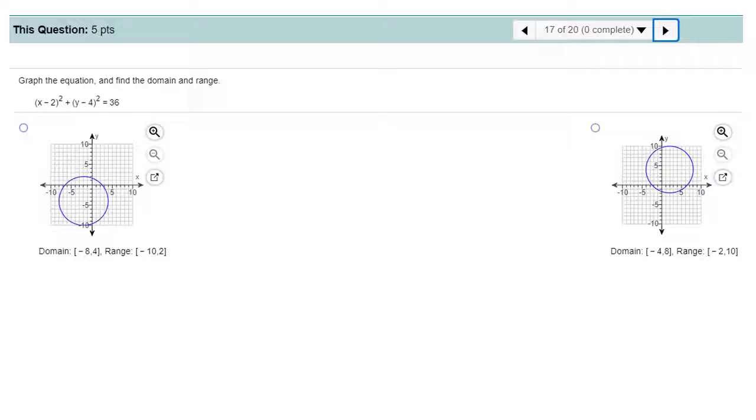On number 17, you are given the equation of circle, and you must go ahead and pick out the center and radius so you can tell which graph is correct. If you notice the 36, that is r squared. So we will take the square root of both sides, so the radius is 6. Then if you notice the numbers given, that would be a 2, that would be a 4. Notice I'm taking the opposite sign because the formula does use a negative standing for opposite. So the center